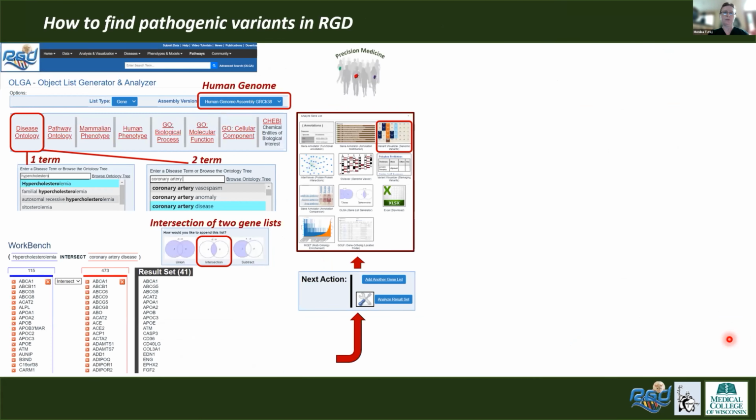Now, if we are talking about precision medicine, here's just an example of OLGA, which Jennifer mentioned, and this is my favorite tool when you want to play with ontology terms. For example, disease, and I choose here hypercholesterolemia. You've got a nice list of genes here. I want the intersection with coronary artery disease, and look at those just 41 overlapping genes in both diseases. And you can also play with chemicals if you're interested in some kind of pharmacology